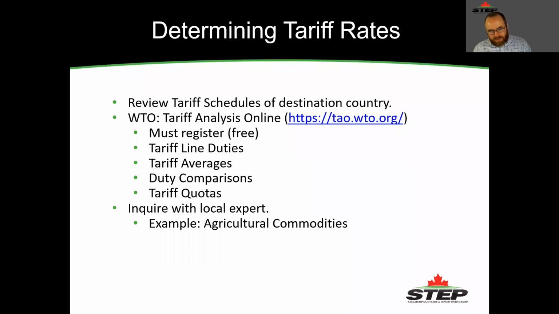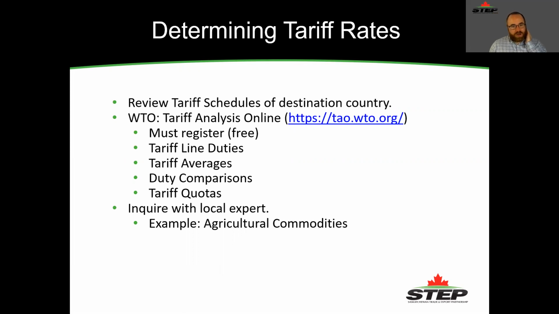So the way you can determine what that tariff rate is in a country is through a number of different ways. Each country's customs organization most likely publishes the tariff schedule for that country on their website. This is probably the most pointed way of finding things, but it is also hard to find those and they're not always in English. The WTO offers very detailed information, which I'll show you in a second. If you want to analyze the tariffs, if you're doing some market identification, maybe you want to use this tool. It's free. You have to register, but it's free.